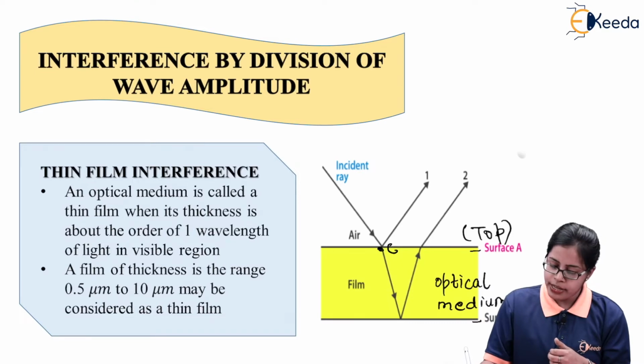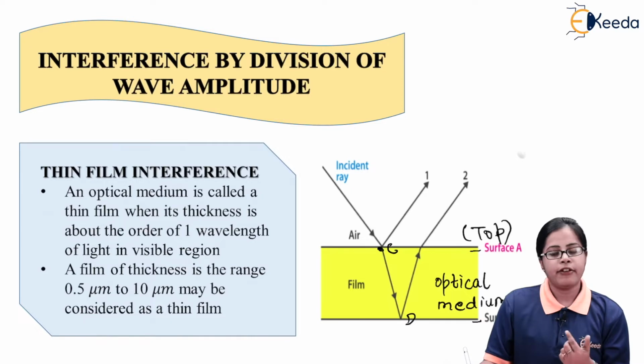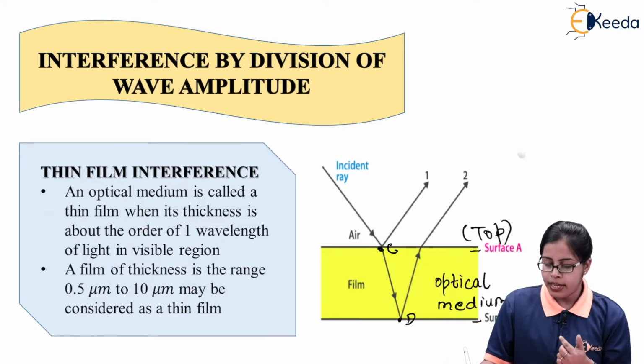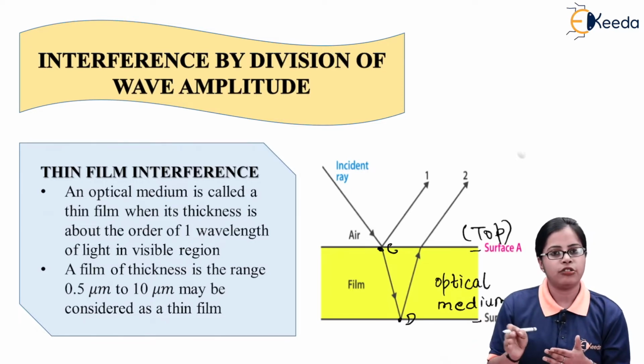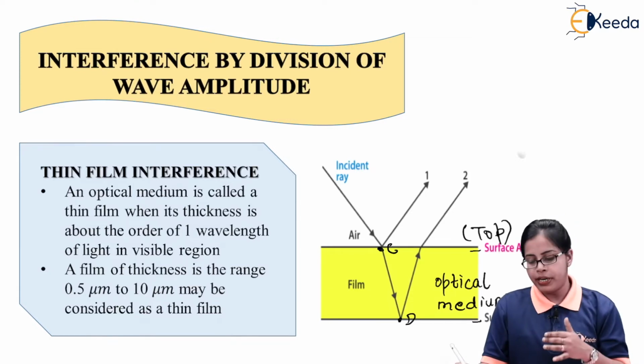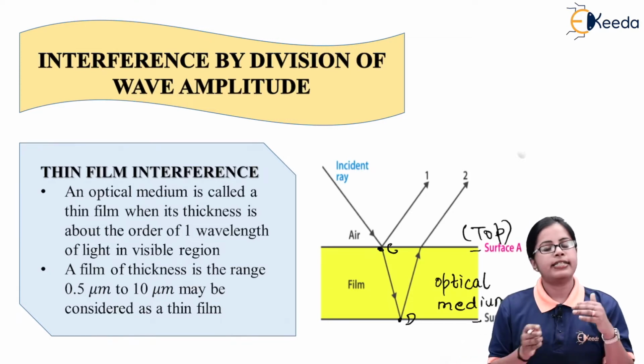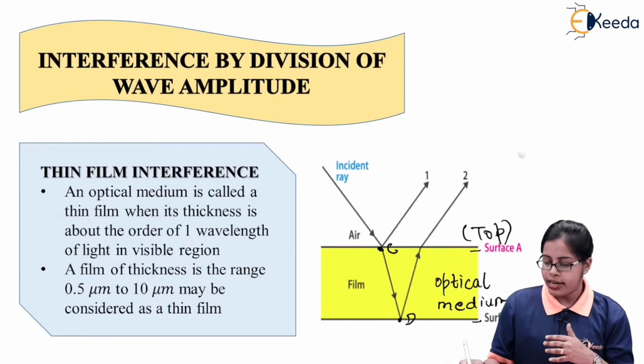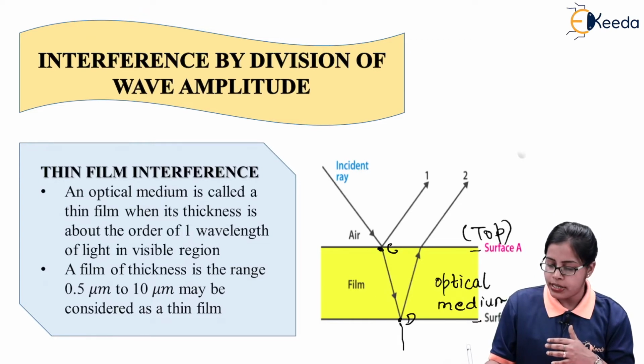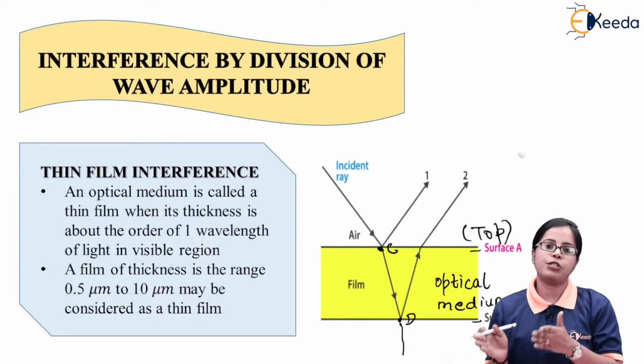And the ray is traveling from C to D. Again, it is getting reflected at the point D in that optical medium only. So that means the transmitted light, that is the CD light, is getting reflected, and again it is going to get transmitted into the other medium, that is after surface B.